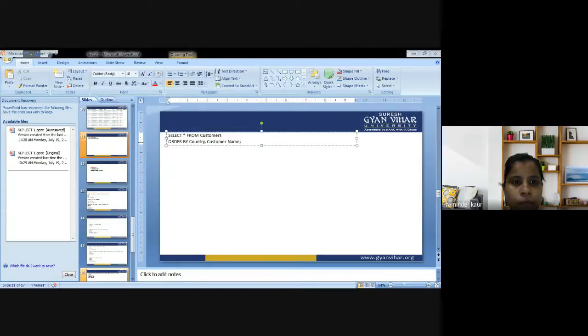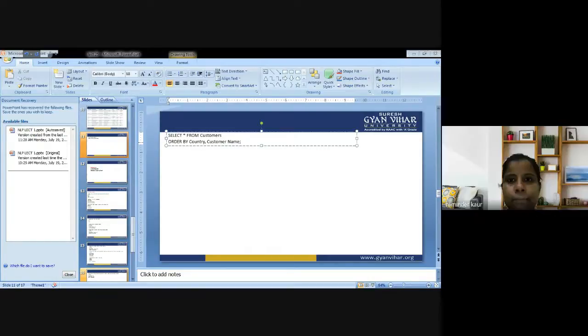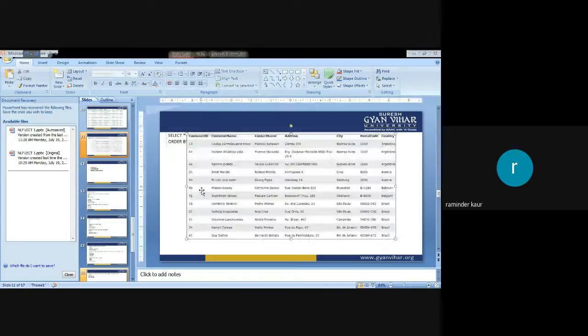I can show you the example, how to operate the same, or what would be the output. Just have a look at the same. Because there are 91 records, I can show you some like this one.